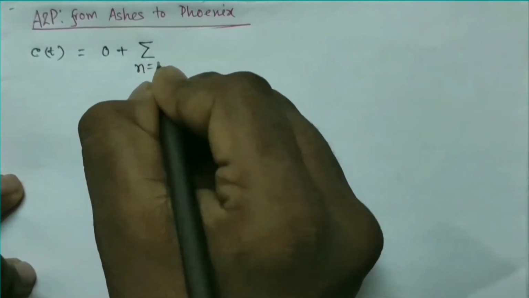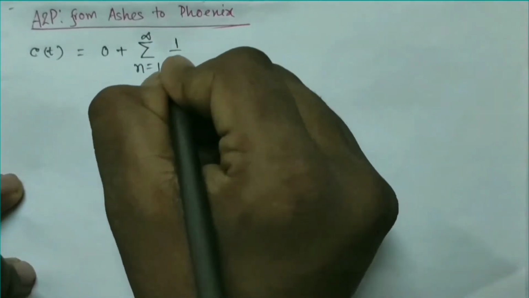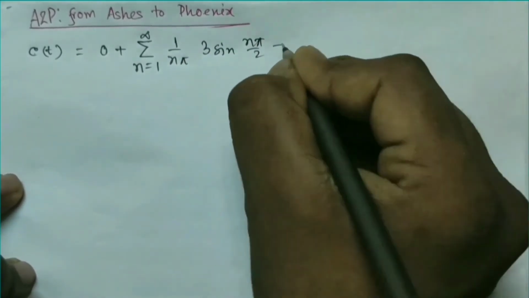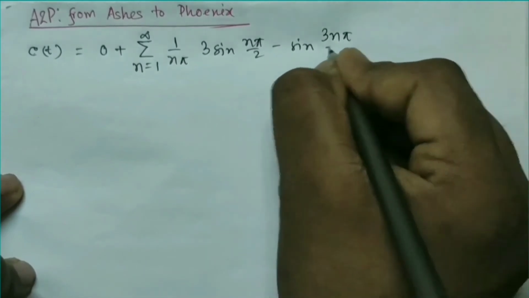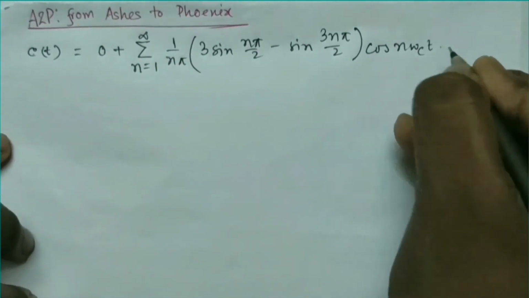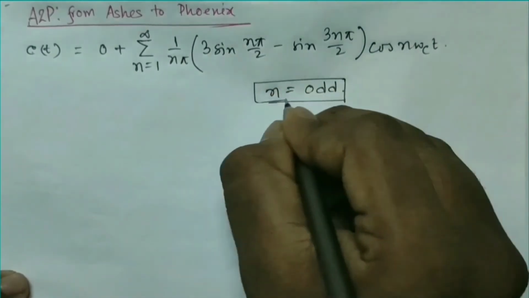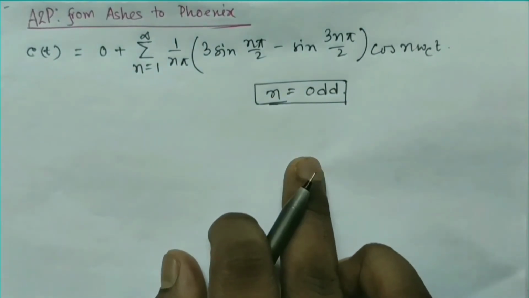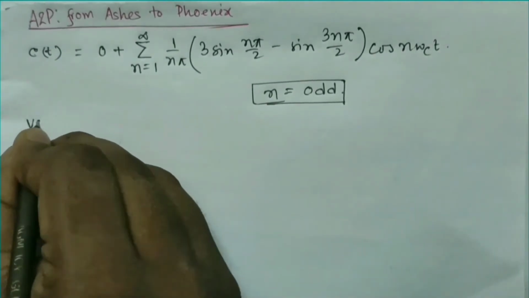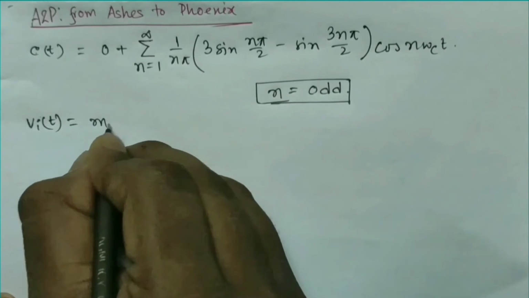So Ct is 0 plus summation from n equals to 1 to infinity 1 upon n pi 3 sin n pi upon 2 minus sin 3 n pi upon 2 into cos n omega ct. And this is for all odd values of n, because only odd harmonics will be present and the even harmonics will be 0. So VIT will be MT into CT,